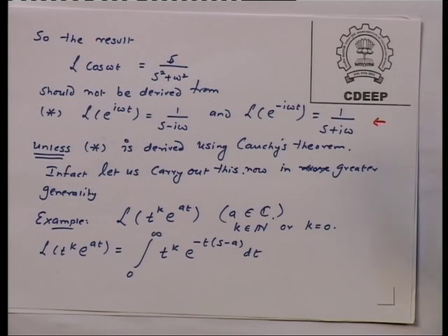Let us not complicate matters, let us assume that a is complex and k is an integer. So, what is the Laplace transform of t to the power k e to the power at? Integral 0 to infinity t to the power k into e to the power minus t into s minus a